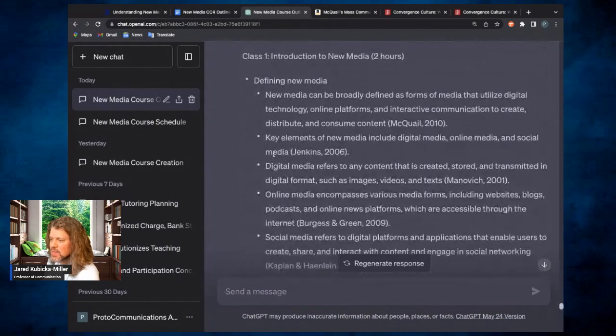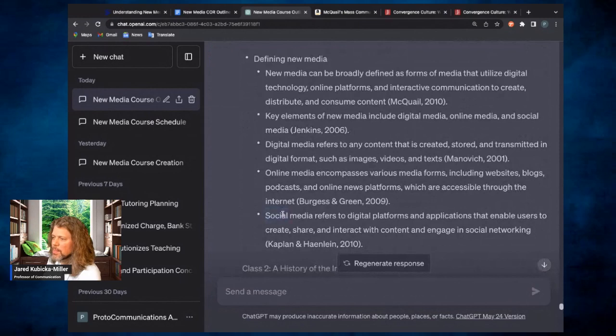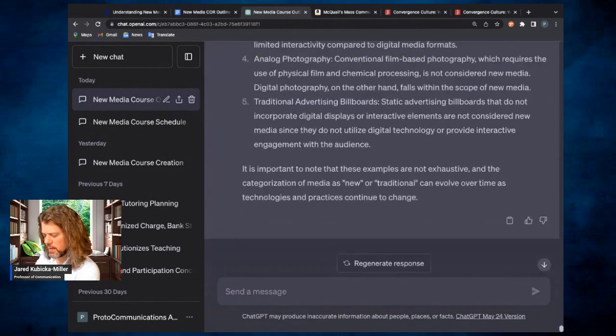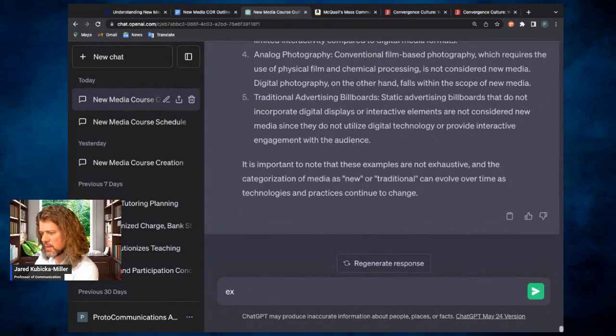Like what I mean by social media. So I'm going to ask for an expanded explanation of new media. I want to see what it says about that.